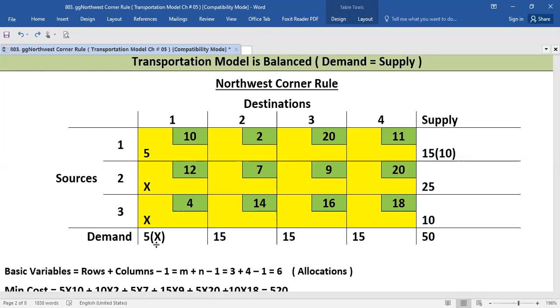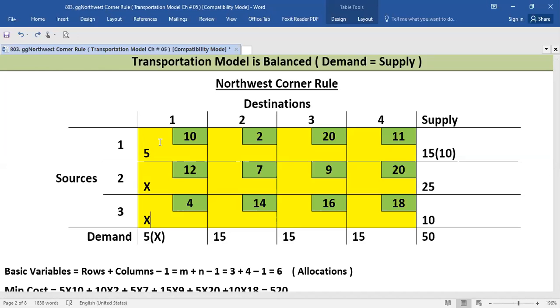So the discussion for the first allocation is complete. Keep in mind that this first column is now eliminated. No further allocation is needed in this column. We started our question from the first cell. As I have earlier told you, you will make 6 allocations. This was the first allocation. After the first allocation, you see where you will move now for your next allocation.